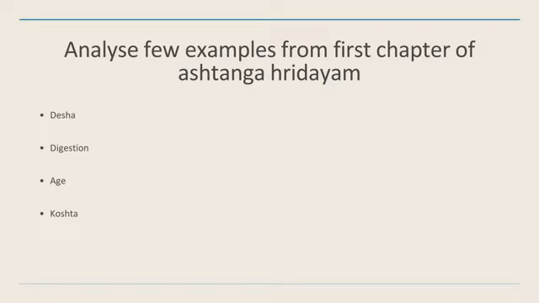Similarly, in your koshtha, we say that there are three types of koshtha: for vata dominant, pitta dominant, kapha dominant. When kapha is dominant, the koshtha is very smooth, very easy. When pitta is dominant, then the koshtha becomes very soft, very mridu. Even if you take a small amount of food, it just disappears, it just goes out. Similarly, if it is vata dominant, there is more dryness, so you have constipation.